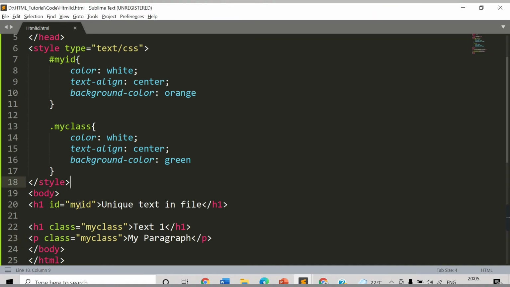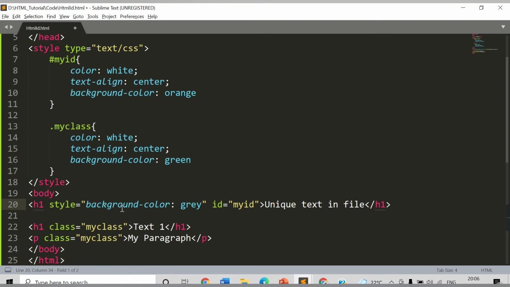Also one thing you can do here: I am using the ID in this h1 tag, but let's say I have already defined a style attribute, and here I have already provided background color gray. So what do you think, what will be the background color applied now?